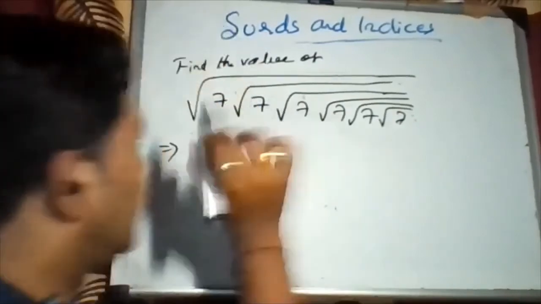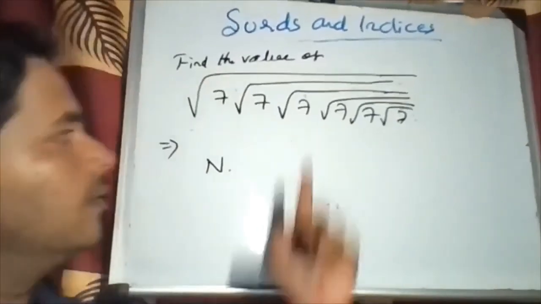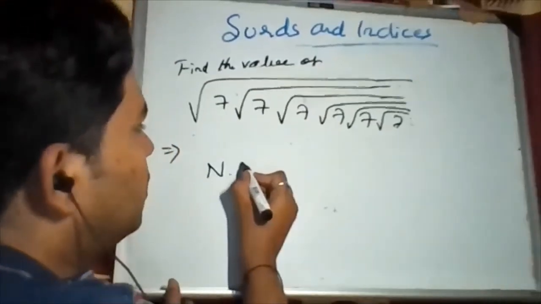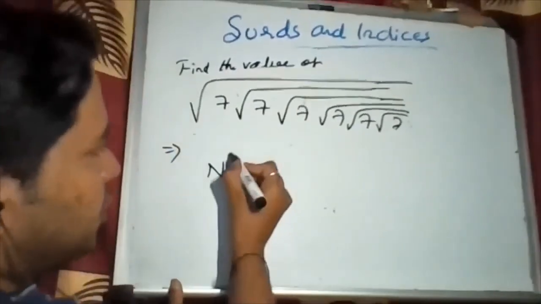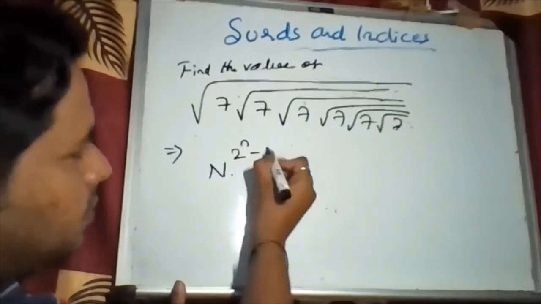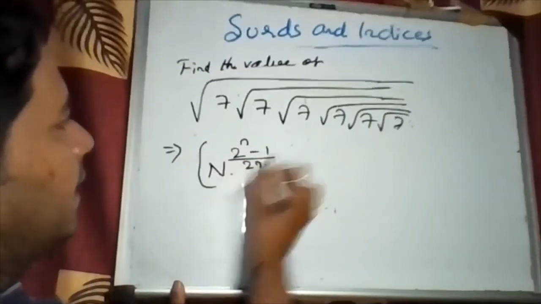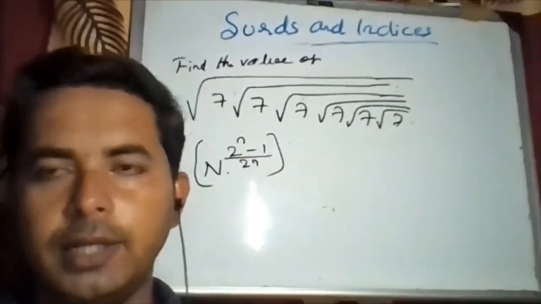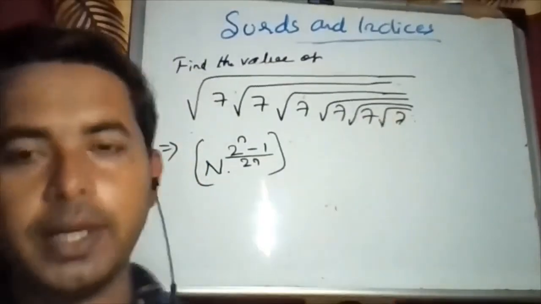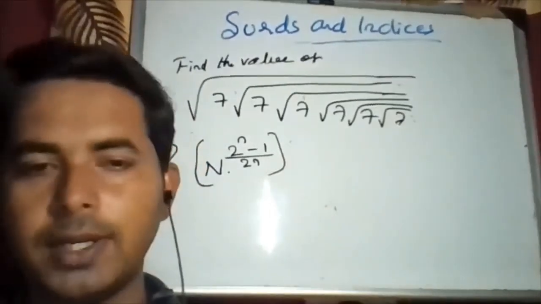So the formula only comes if it is n. N is what here? N is this question number. So here take N as 7, and the formula is what? N raised to (2 raised to n minus 1) divided by 2 raised to n. This is a formula. So I told in a different way. If you are getting values, अगर इधर 7 आएगा 5 आएगा, so 7 will not divide by anyone. And 5 will also not divide by anyone.